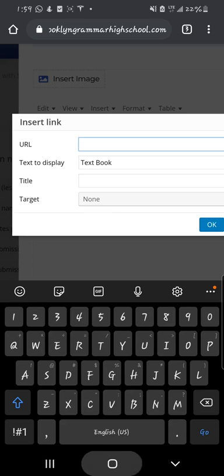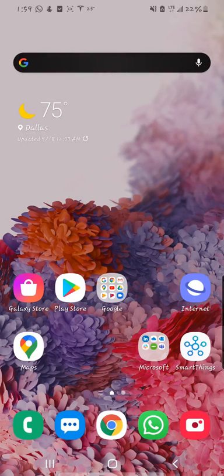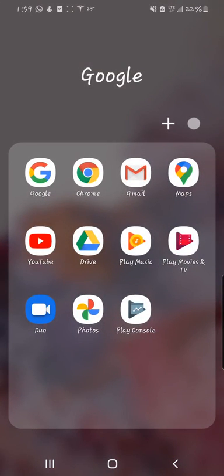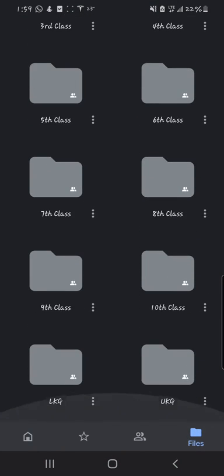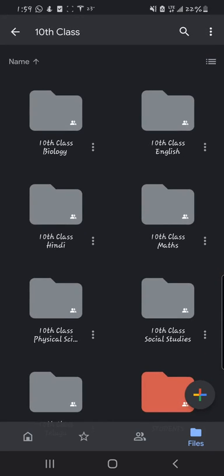For pasting the Google Drive link, go to Google Drive in your phone and click on the class folder, click on the subject,